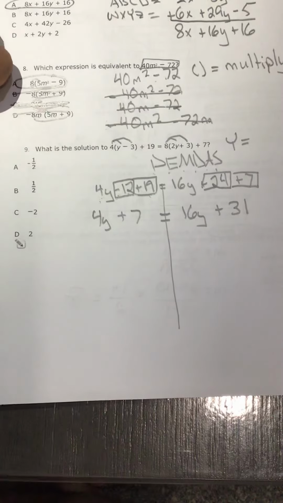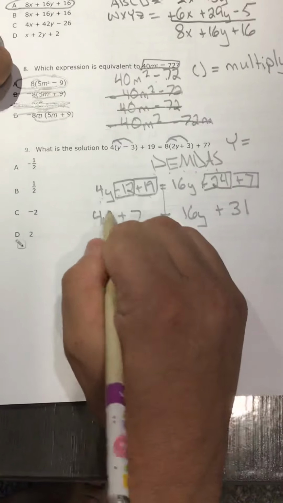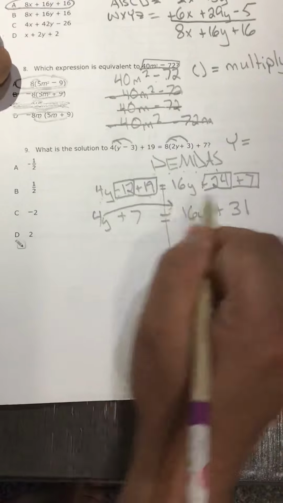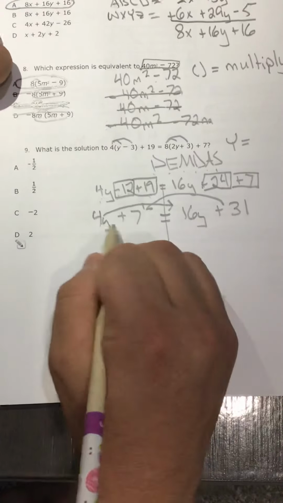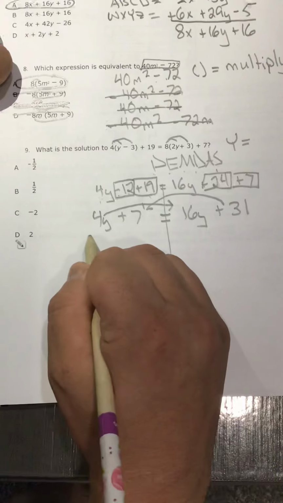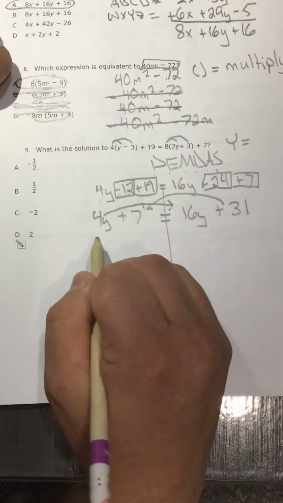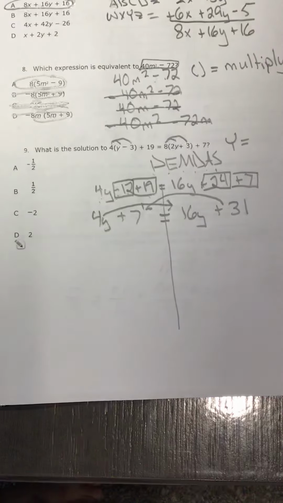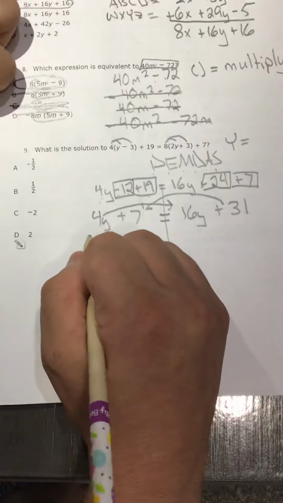Now we know that we're solving for y. Estamos buscando qué viene siendo y. We need y by itself on one side. So necesitamos y solo de un lado. Voy a mover y para este lado, voy a mover 31 para este lado. Para cancelar 4y de este lado, hacemos el opuesto. If we know this is positive 4y, we need to do the opposite,